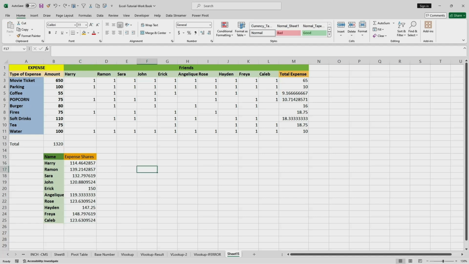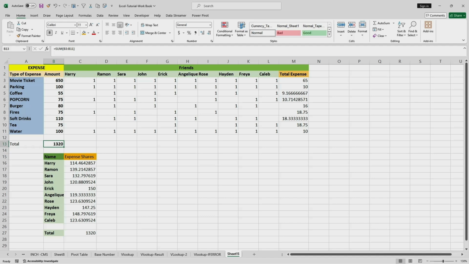Let me calculate the total, and let us see if we are able to match the total expenditure. So total equals sum, and if I calculate the sum, it has to give 1320, right? Yeah. So we got the 1320,